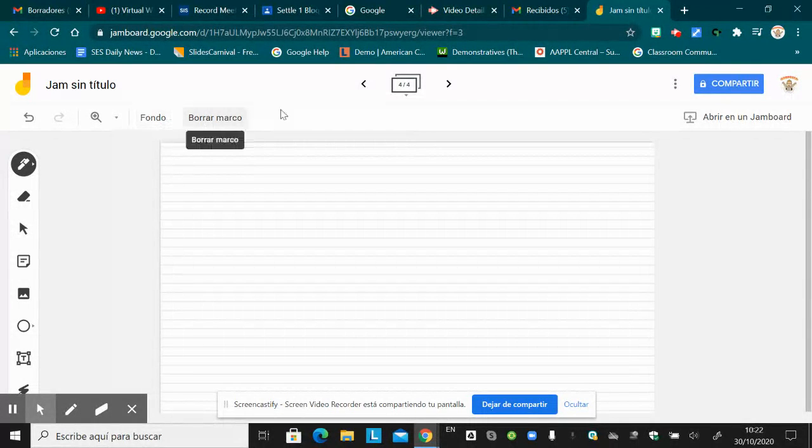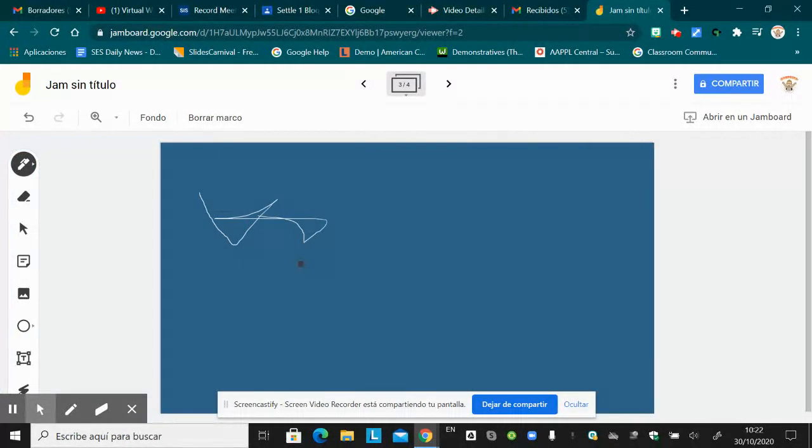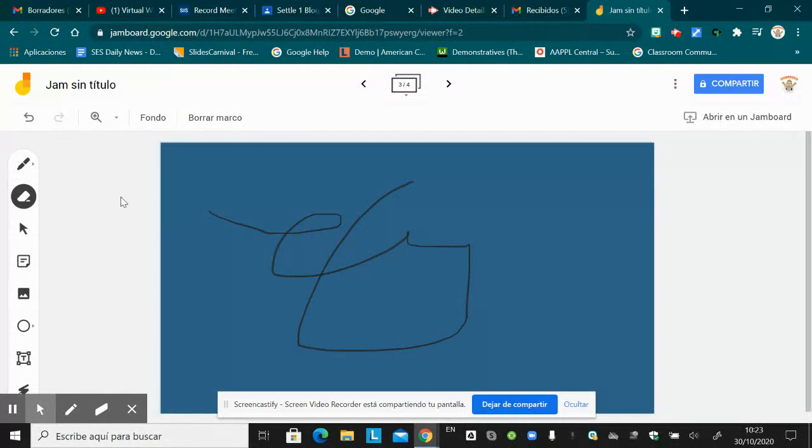You can also just say you looked at this and you said, oh, I don't want that. You can just erase that frame right there if you want to. You can erase what's on that frame. And then that's that. So you could also erase like this. Let's say you wrote a bunch of stuff on here that you didn't want, and you could either Control Z and it'll go away,